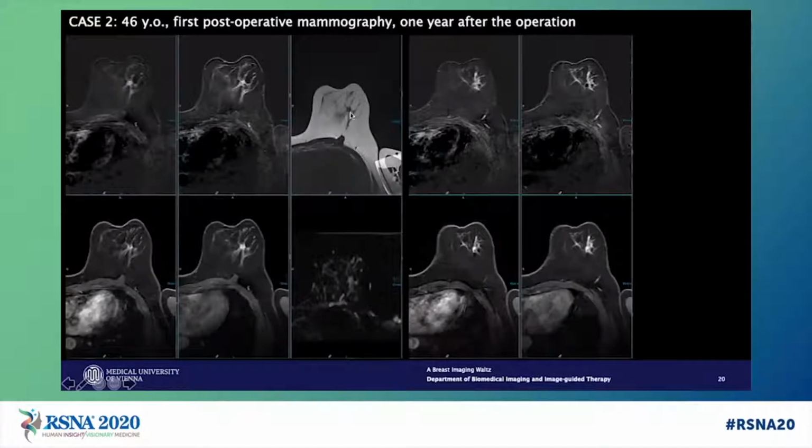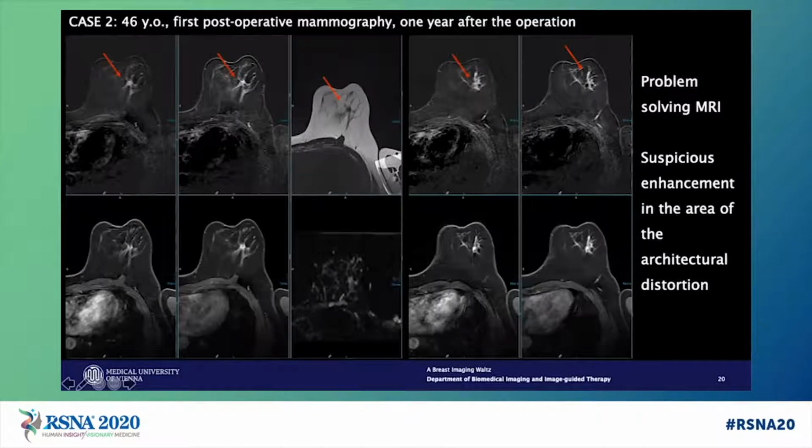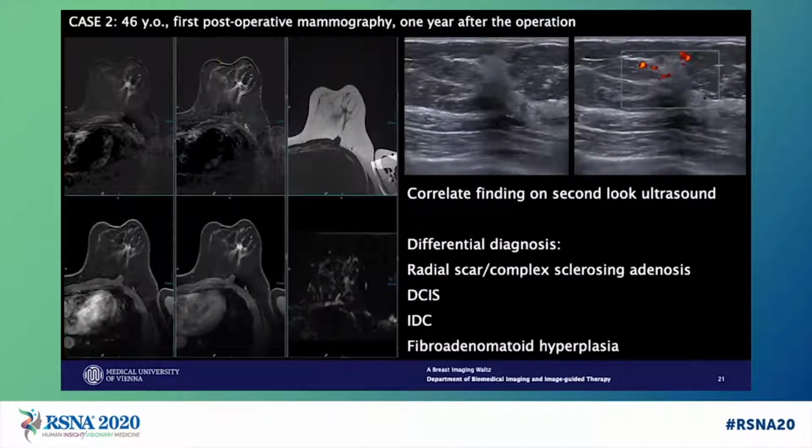MRI found a small spiculated lesion with suspicious enhancement and restricted diffusion in the central part of the left breast, which was associated, and you can see it here, with an architectural distortion with also a suspicious non-mass enhancement. At second look ultrasound, we were able to find this spiculated lesion. It was actually hyperechoic and hypervascularized, but probably because of its hyperechogenicity and inhomogeneity, it was difficult initially to find